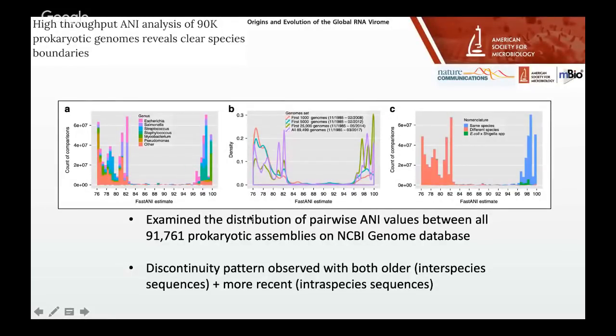So this supports that there are actually distinct species and that it's not a gradation of just a few nucleotide differences that differentiate different microbial types. And so in following up this different information, the researchers wanted to look at whether genomes deposited at different times